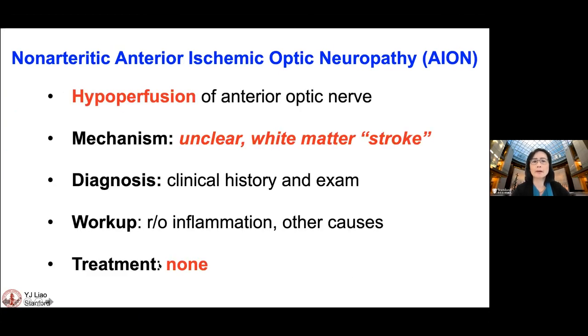So let's talk about it a little bit. Basically, this slide summarizes how to manage patients with AION. This is thought to be hypoperfusion of the anterior optic nerve, in a mechanism that still remains unclear, but it seems to behave in a way that's consistent with a white matter stroke, very sudden onset, typically with relatively irreversible